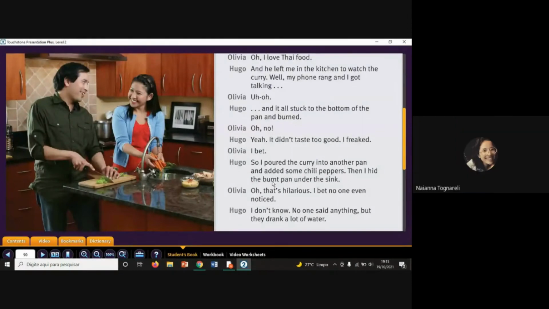Burn. É burn? Burn, que é o verbo queimar, não é? Queimar. Burn, queimar, burned, queimou. Só que aqui está no particípio do passado também, certo? Que é burnt pan, é a frigideira queimada, né? Burnt pan. Aqui tem um sentido de particípio do passado, certo?